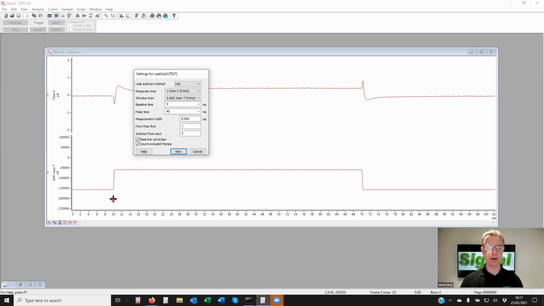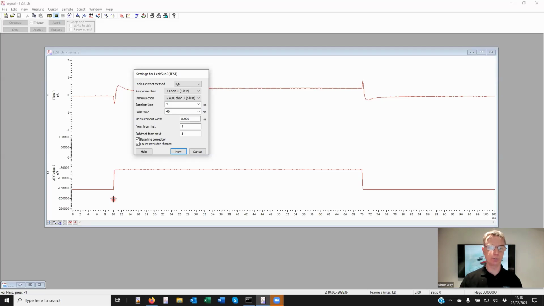These tend to be done in cycles, so you have a number of negative pulses followed by another fixed number of positive ones, followed by another number of negatives, and you go around cyclically. So you're refreshing your model of the leakage currents each time you have a set of negative pulses, and then applying that to the next set of pulses where you have a positive stimulus, and therefore